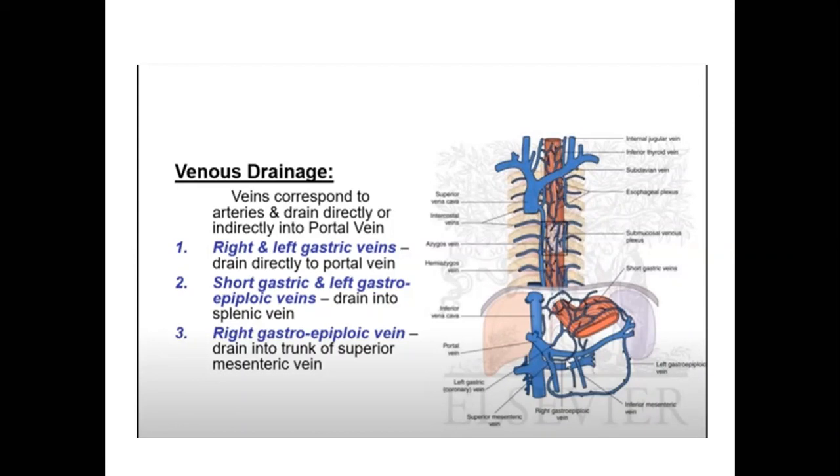So this is also an indirect vein, which ultimately will go to the portal vein. You can see here that this is the stomach, which is being supplied by the left gastric vein, which is going to the inferior mesenteric vein, and then ultimately it will go to the portal vein. The thicker one is the portal vein. Ultimately, all the branches of the veins will end up in the portal vein.